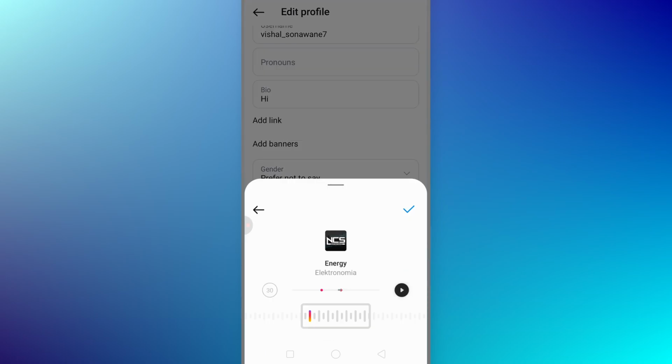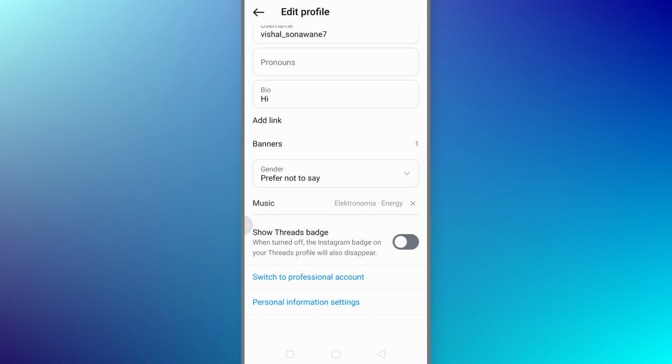Once you tap on it, you can choose the portion of your song which you want to add on your page. So I want to choose this portion. After that, you can preview it by tapping on this playback icon. Once you are happy with everything, tap on the tick from the top right, and now it will be added